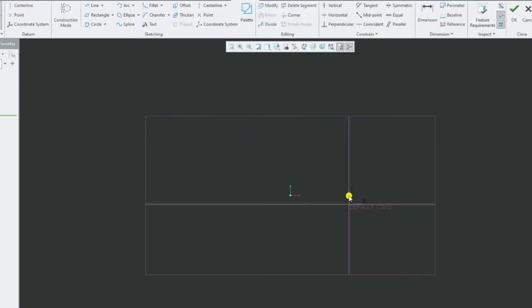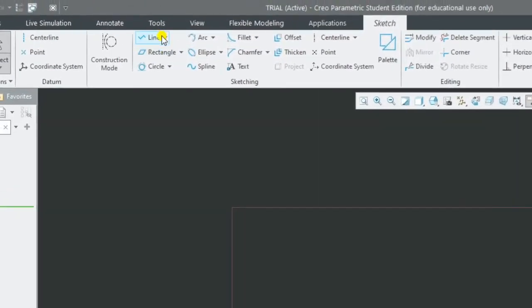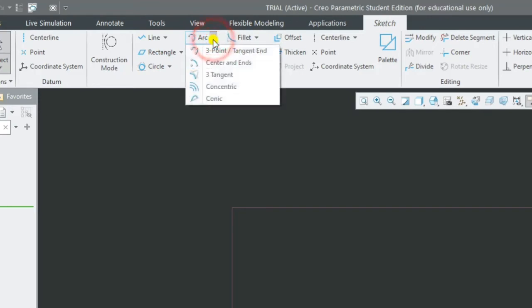What are the different sketching parts we require? Line, rectangle and circles are there, and how to use them, that is what we are seeing. These are the first part we have just seen: line, rectangle and circle. Now let us see the next parts, called arcs or freehand. Let us say first we select arc. In the arc there are 4 subcategories.